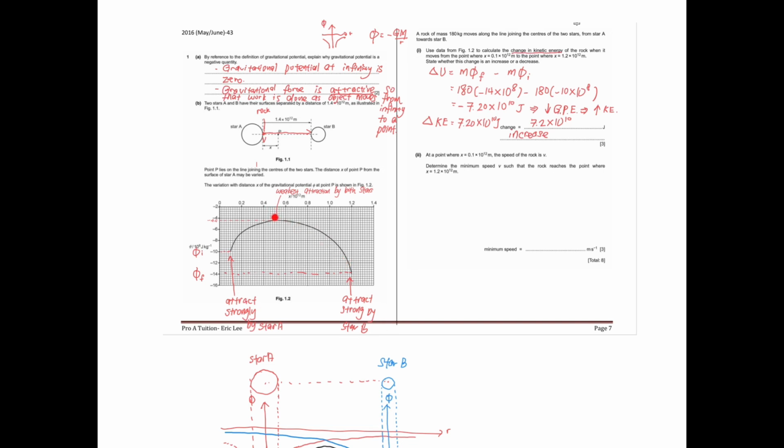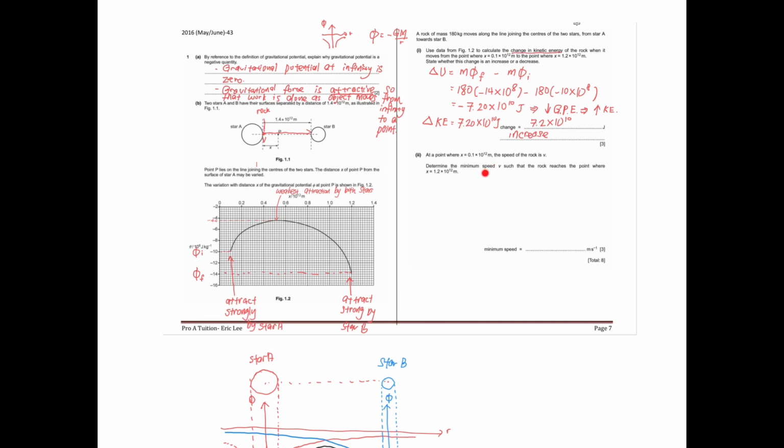So our main concern is we want to make the rock have just enough energy to reach here. Just enough energy to reach here. As long as it has that amount of kinetic energy, then the rest is handled by star B, and we are not going to care about that. Okay, so now let's come to